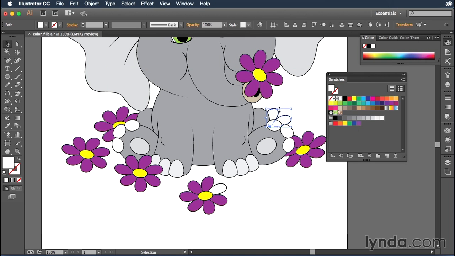Here's a cool thing about fills. Once you have the fill out on the canvas, if you're missing it anywhere else, like for instance, I missed this one, you can just select the objects that are missing it, press the letter I on your keyboard. That's going to give you the eyedropper tool and allow you to sample a color from anywhere around there. Now I want to make sure that my toenails on the back of the elephant here match the ones on